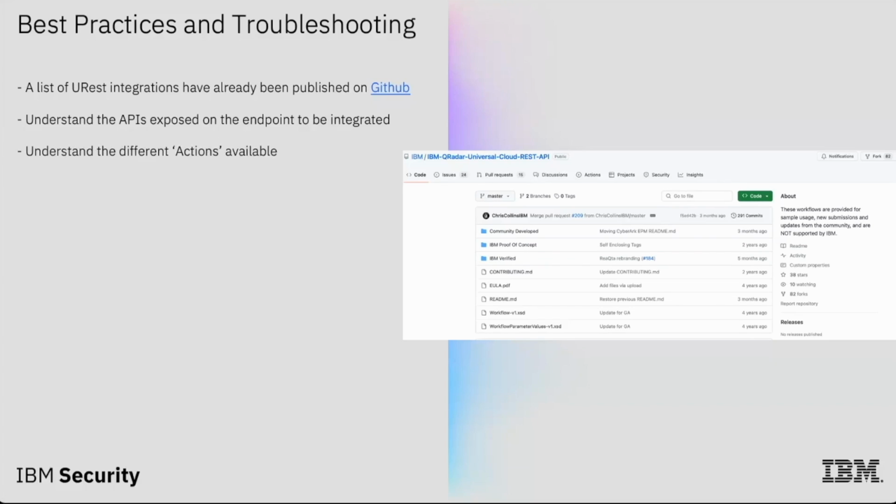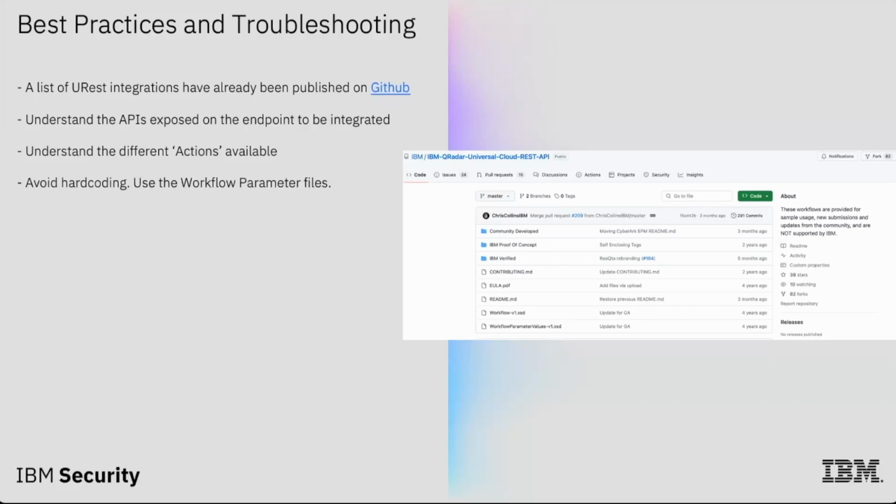The third thing is to understand the different actions available. We talked very briefly about actions like the if else, do while loops, as well as some actions like abort. But if you really want to perform something programmatically, you can go through the documentation of the actions, understand each of them, and then you will be able to explore it in a better way. It's pretty powerful, so we recommend that you go through the actions, understand them, and definitely use them in your